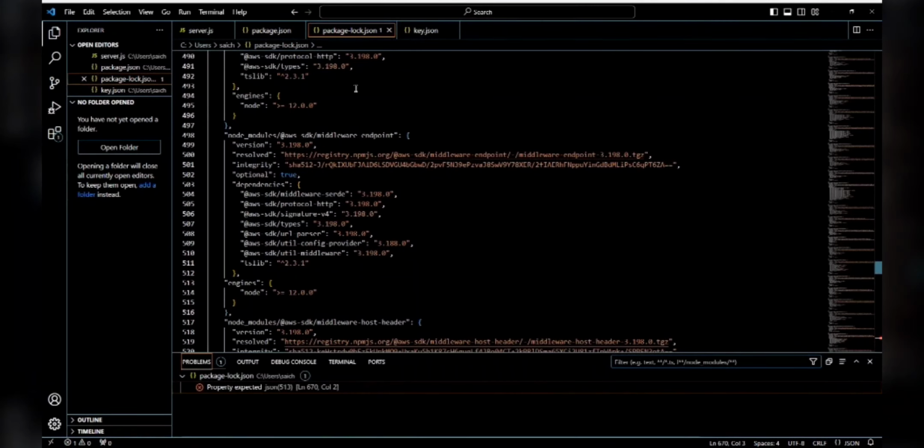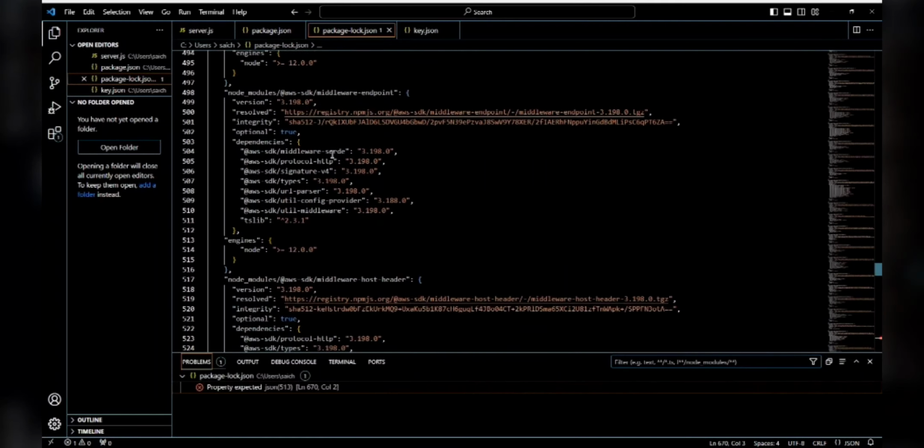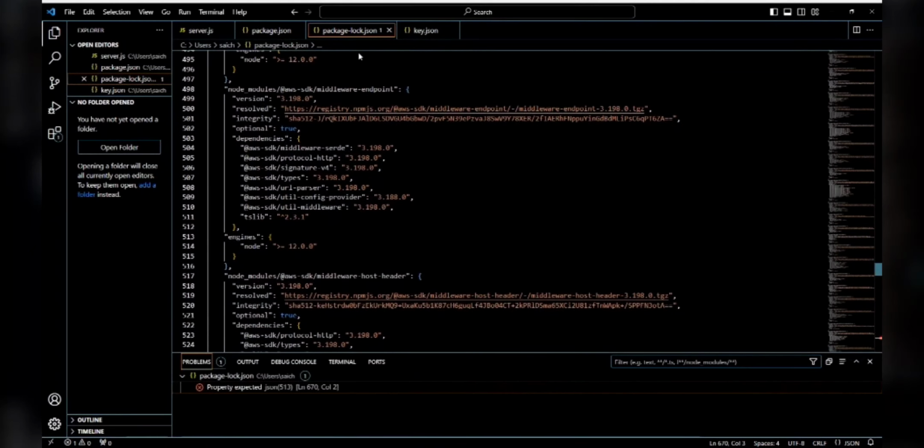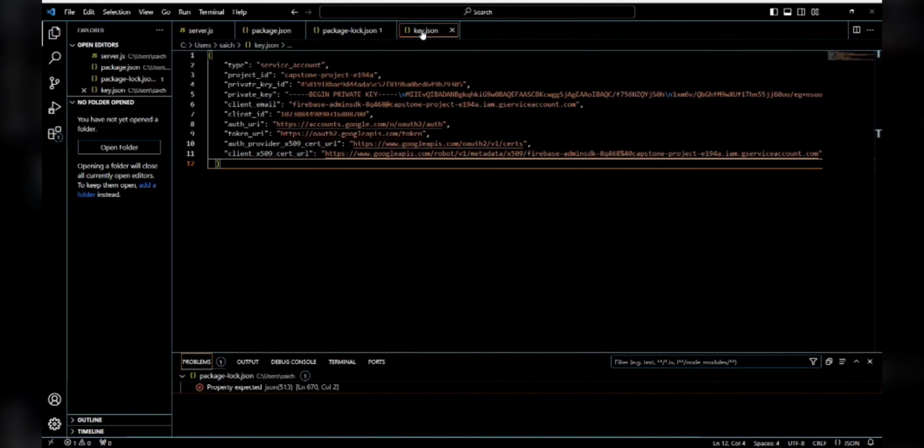Suppose when the user wants the information about a particular location, when he enters that location on the web page, he will get the information about the particular location by using this package-lock.json file. And key.json. Key.json is nothing but